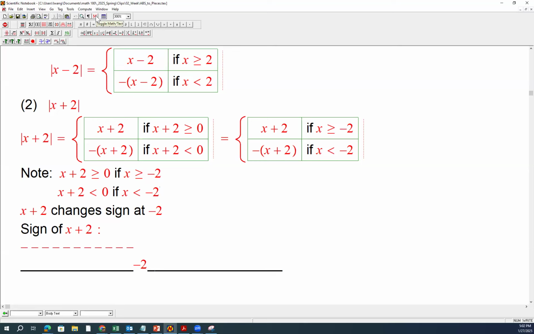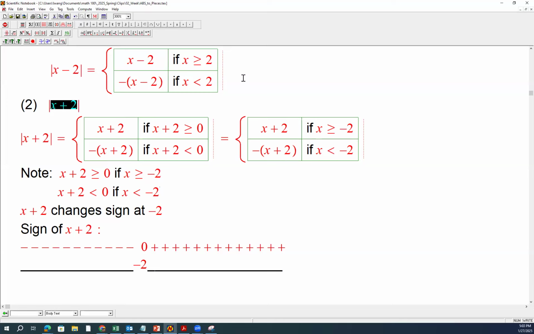At -2 it is 0, and larger than -2, there are plus signs. The absolute value of a positive number is the same as the number. The absolute value of 0 is the same. The absolute value of a negative is its opposite. So you can see these inequalities are basically where the sign changes for x plus 2, and for